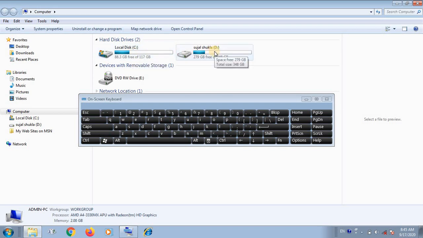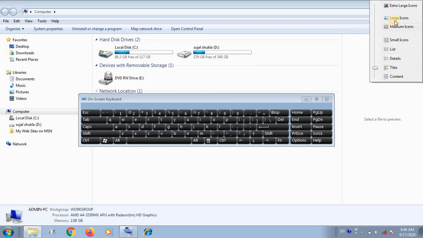If you save on D drive, then after formatting the system of C drive and reinstallation of Windows, you can get this drive's files and folders again. That's why I am saying you should not save your file on C drive. You should always save your file on D drive. Okay.